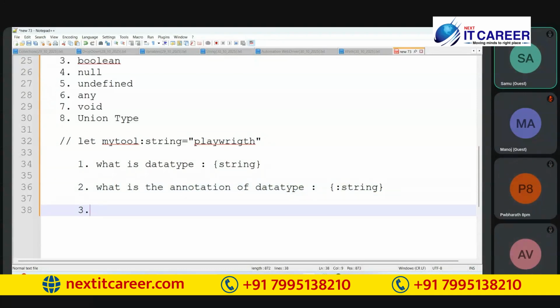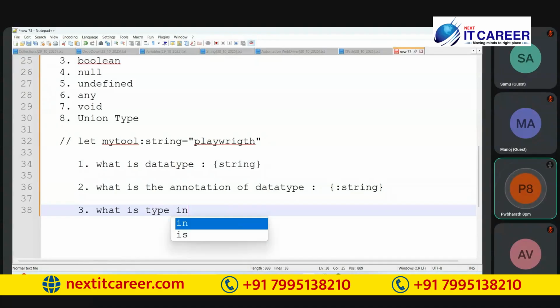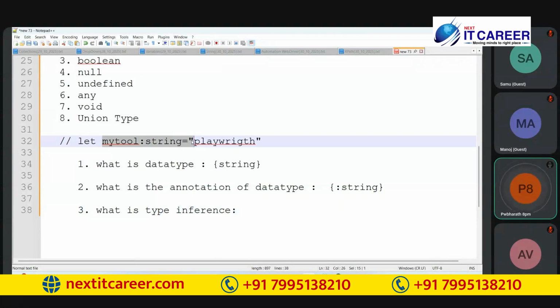And sometimes some people ask what is type inference? What is type inference means, when you define a variable like this, here we specify the type of the data type, right?